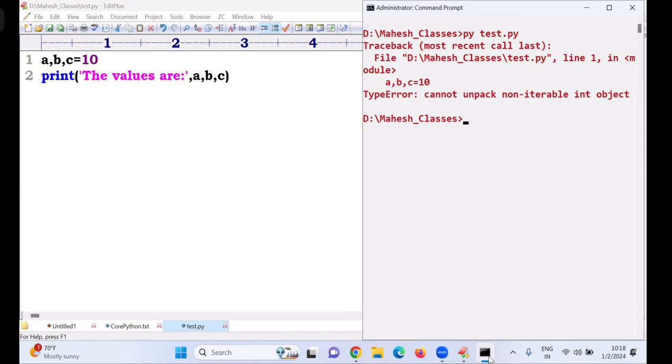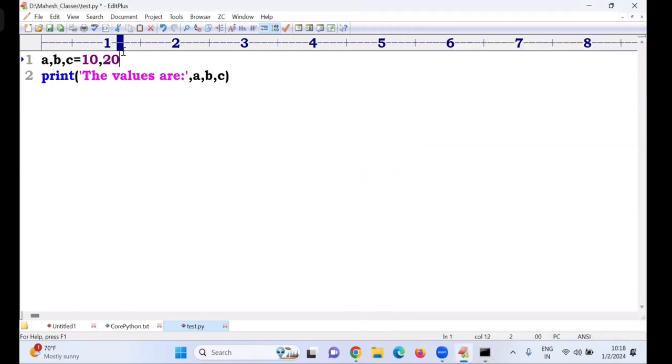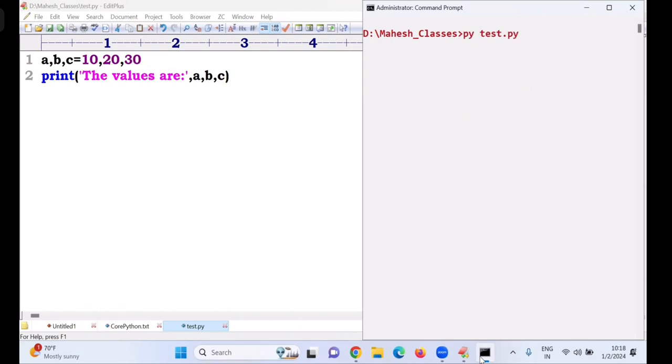Because on the left side, how many variables are there? On the right side, how many values are there? Only one, so it is invalid. So you have to go with 10 comma 20 comma 30. Now A value is 10, B value is 20, C value is 30. Okay, fine. Perfect. Sir, now my requirement is,